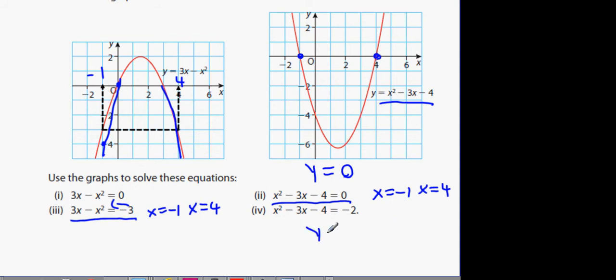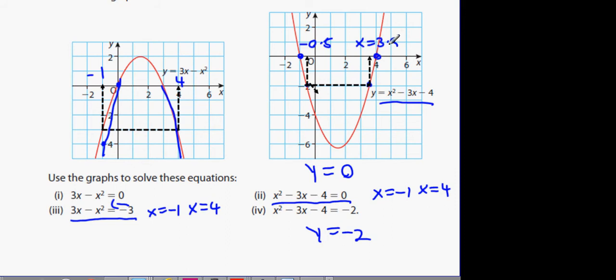The answer is y equals -2, which is down here. And do we know what that is? We don't know exactly what these values are, do we? No? What would be a good guess? -1/2 and